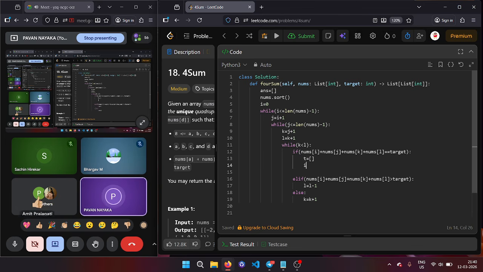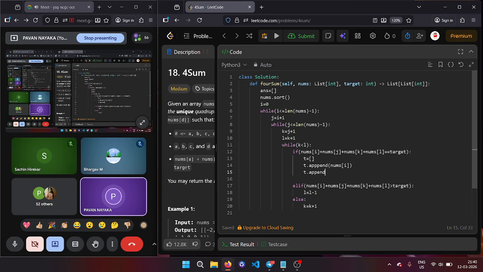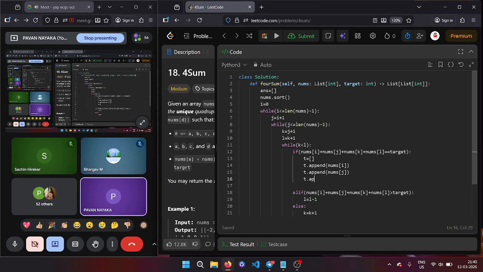Now I will write t dot append of nums of i. Then second one, t dot append of nums of j. Two variables done. Then I need to insert the third value, guys: t dot append of nums of k. I'll check the spelling later.